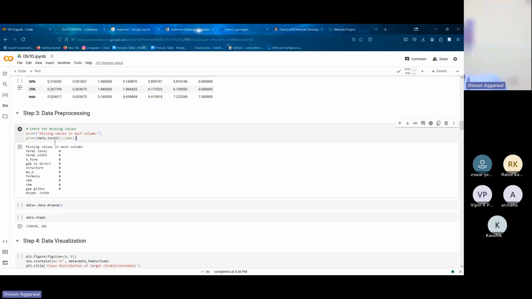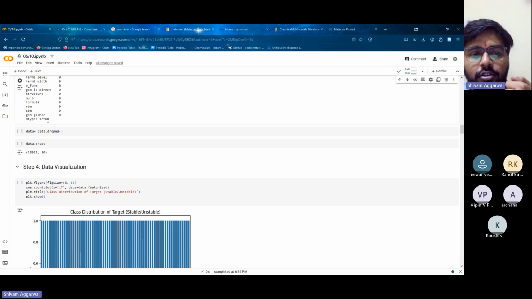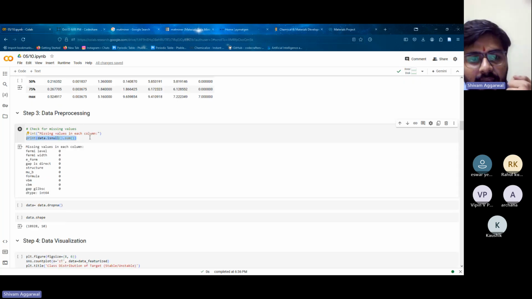Then as you got your data, first of all, what thing you have to do? You have to do the cleaning of your data. Like you have to see, is there any null points? Is there any duplicate point? How does your data look? So for that purpose, there is a code if you want to see how many null values are there